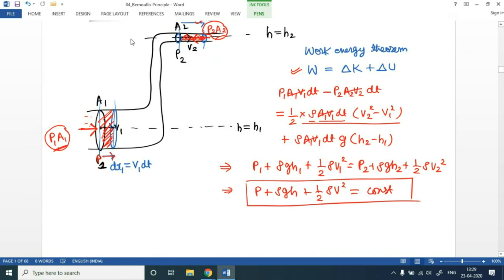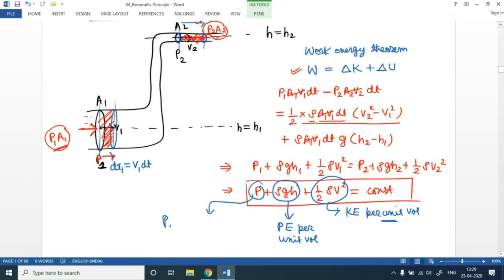For example, this term you are very well aware of. This is nothing but the kinetic energy per unit volume, right? And this term can be termed as potential energy per unit volume. So this term here we will be terming as something called pressure